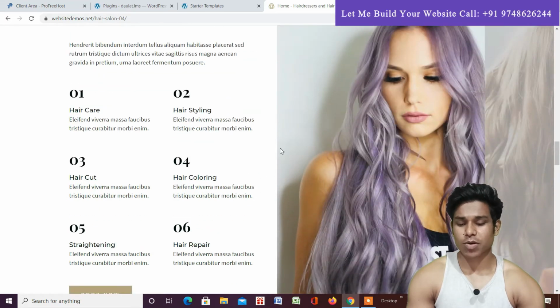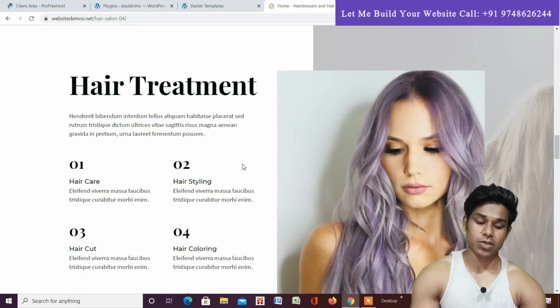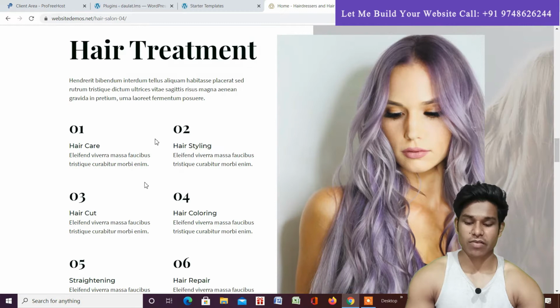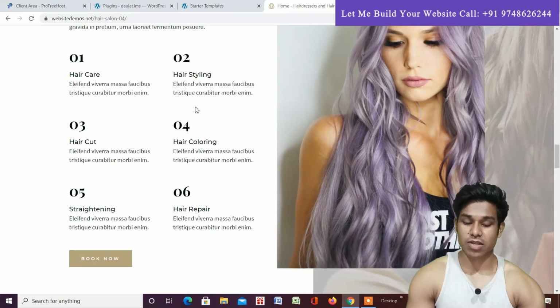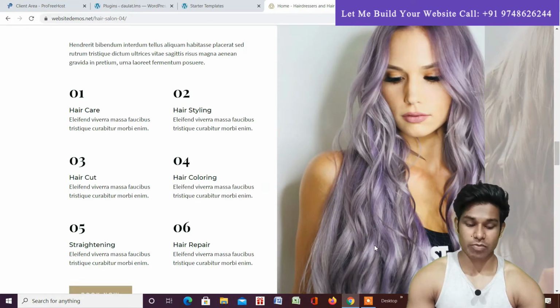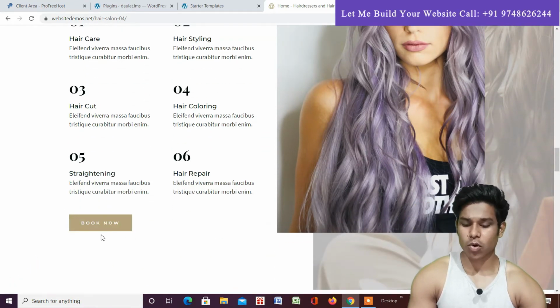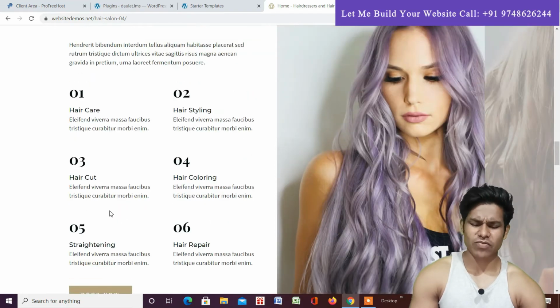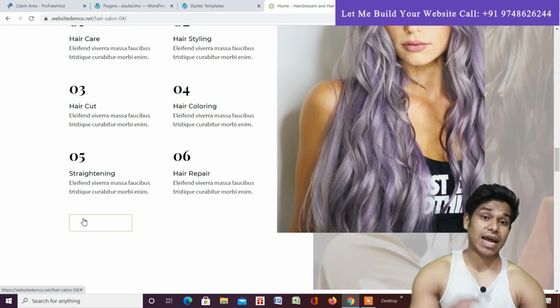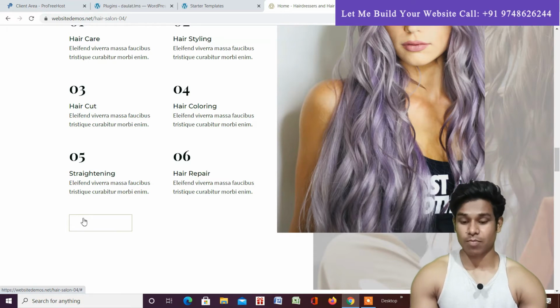And here I try to promote the services which this brand, this salon, is providing. Here we have listed all the services which they are providing, and we are displaying the background image, and as you can see, at the back we have a bigger background image. So there are 2 layers of this image, and here we have included a call to action button. If anybody wants to take any one of these services, they can simply click here, land on that particular service page and book an appointment.